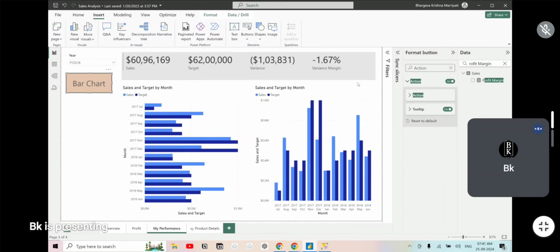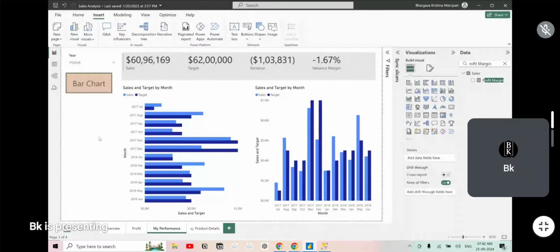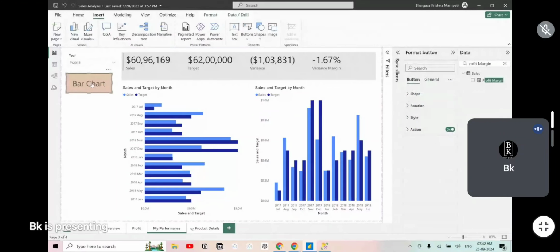Let's go back here. So action is given. Type is bookmark. Bookmark is bar chart on. So what I have done, I'm saying when I click on it, do something. What are the things? I can add drill through, Q&A, web URL. Basically, I'm inserting something. So I'm saying bookmark bar chart on. So once you click on this,